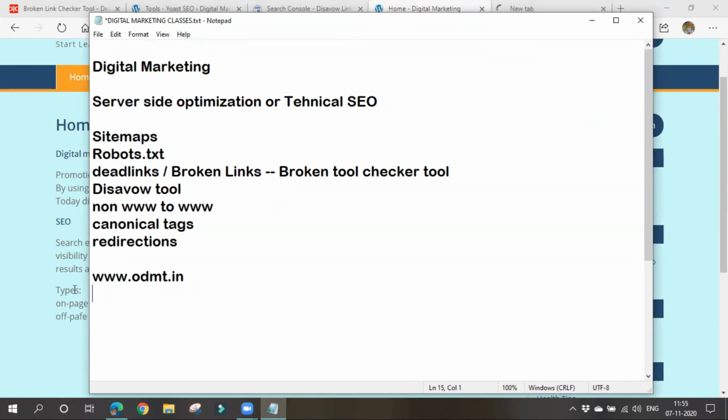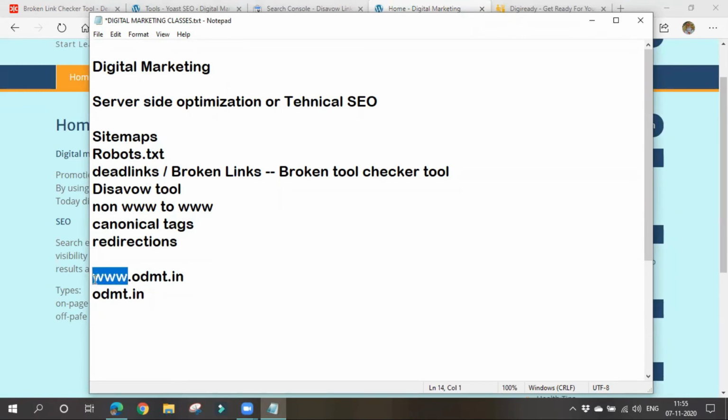But the thing here is, even if you click www.odmt.in or odmt.in, the same website will open. If you click goexplorer.in or www.goexplorer.in, you will be navigated to the same website only. There is no importance to www.